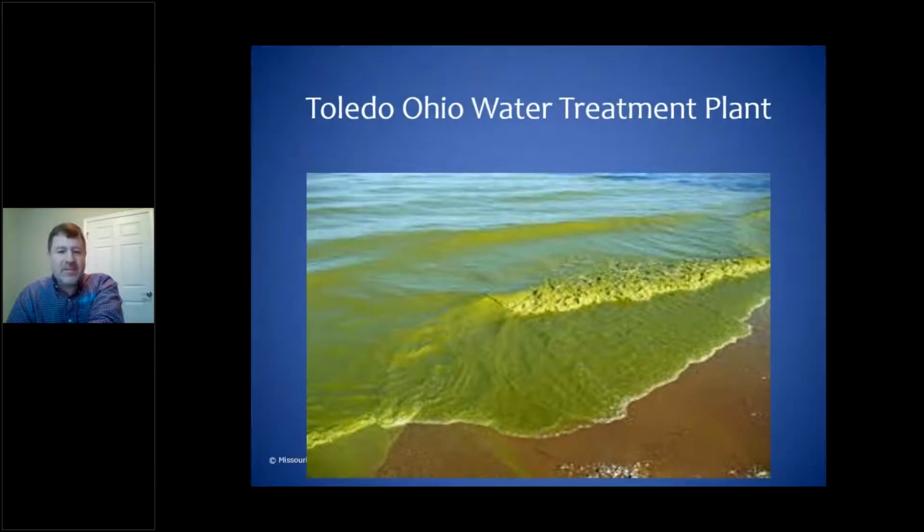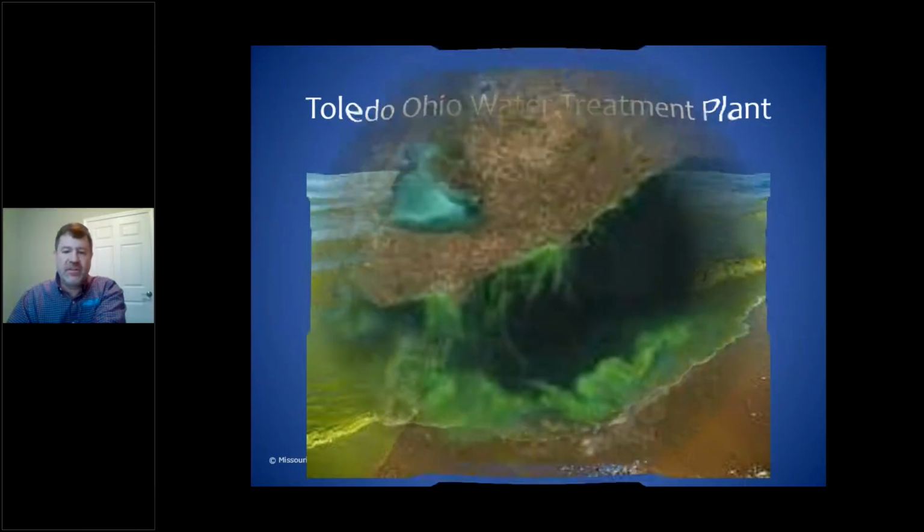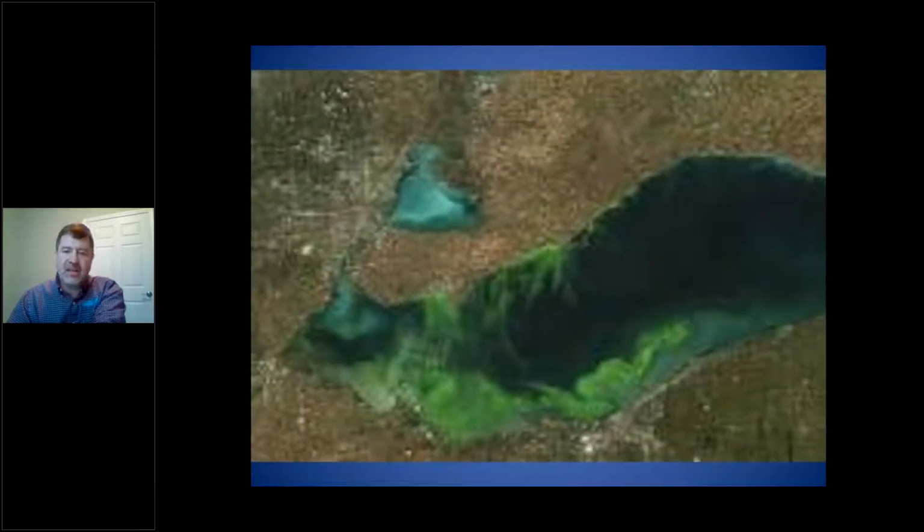This is a repeat of Chris's Toledo, Ohio water treatment. That was an algae bloom, as he said. There were 500,000 people that had a do not use order, not a boil order. In the logistics of the water world, you can't imagine how hard it is to try. You can't bring drinking water to 500,000 people. This was a huge deal and really reverberated across both the drinking water community and the ag community. And just another picture from space, and this is not a new thing. It happens a lot every year. It just happened to hit the intake on this one.